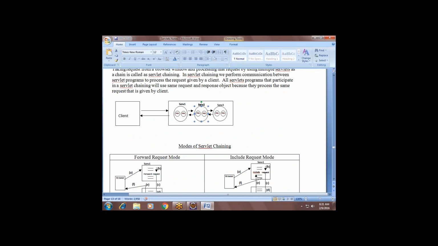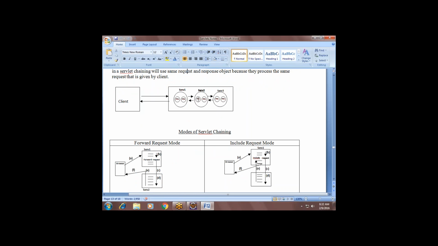This process is called the servlet chaining process. Understand, guys? Calling from one servlet to another servlet internally. See, from HTML we will call a servlet. But what if I need to call a servlet from another servlet? That is the servlet chaining process.